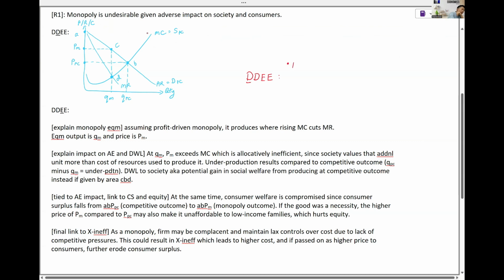Very good. I'm thinking the same. Consumer surplus. X inefficiency, basically we've described, is okay. Equity, already described. Okay? And another way to augment your answer,